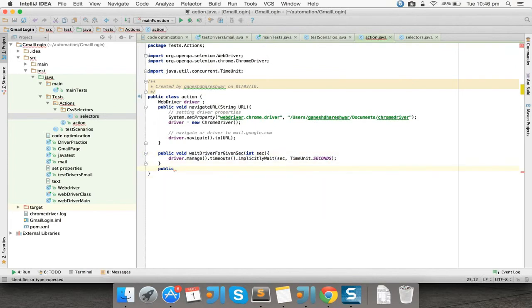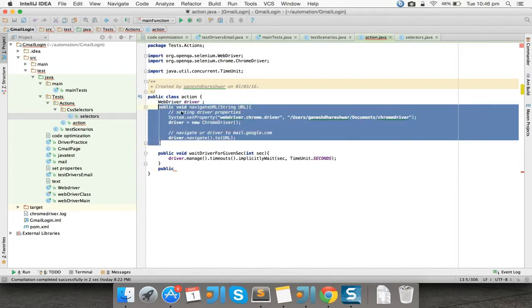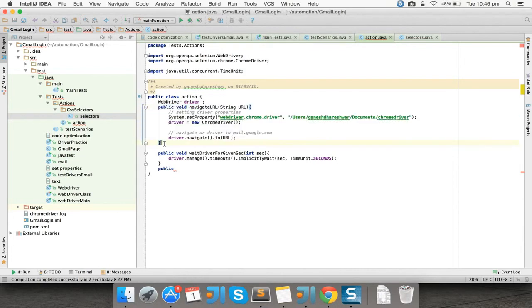You might feel that I'm increasing the source code length. No, it's not, because when we add a next scenario, I don't need to create this function again. I just call this function again and again, reusing the same code, so the length decreases, it won't increase. Okay, public void